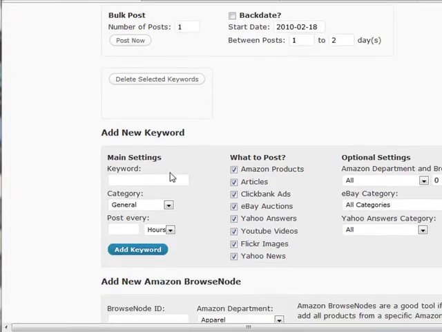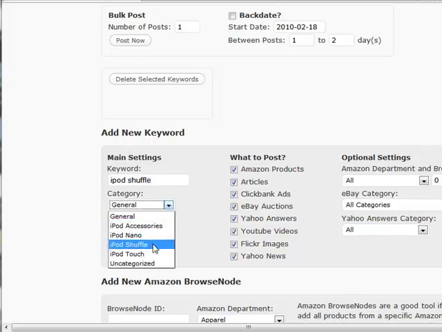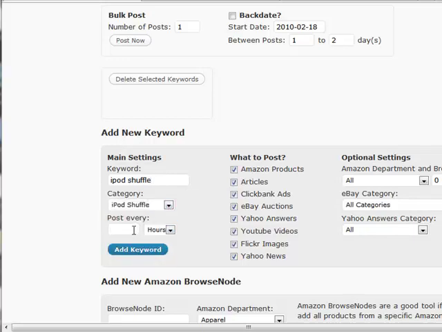And we're going to repeat this for our other keyword too. iPod Shuffle, the iPod Shuffle category. Want that posting every 9 hours. Again, I only want Amazon products